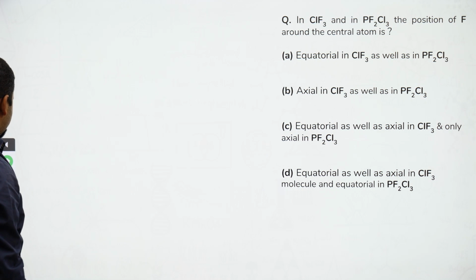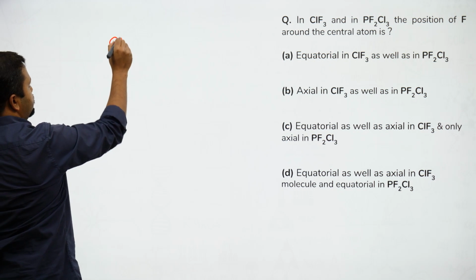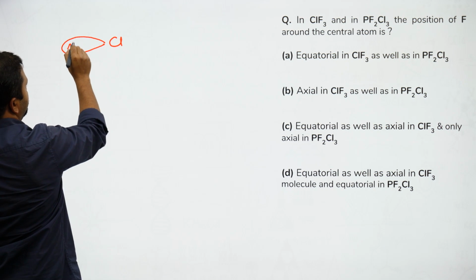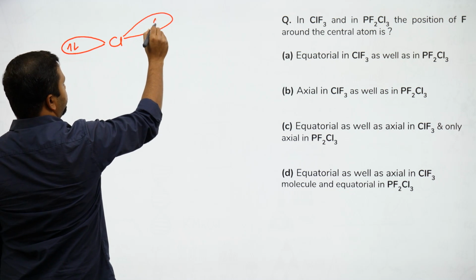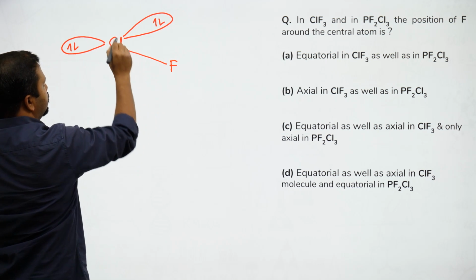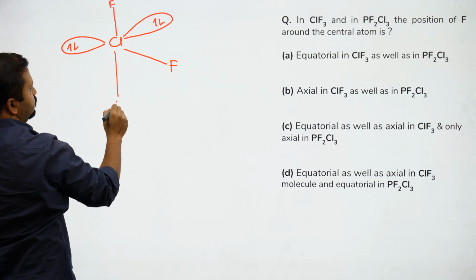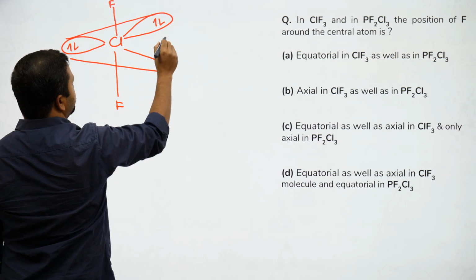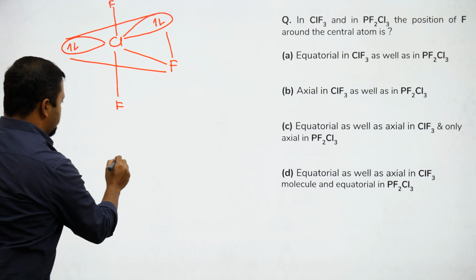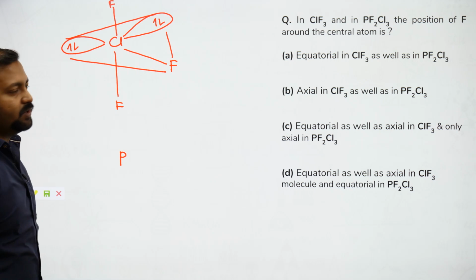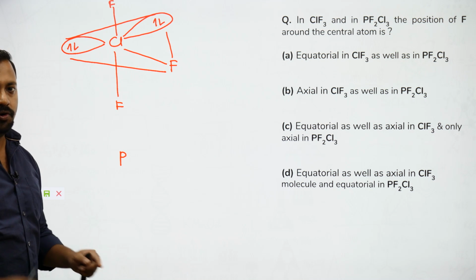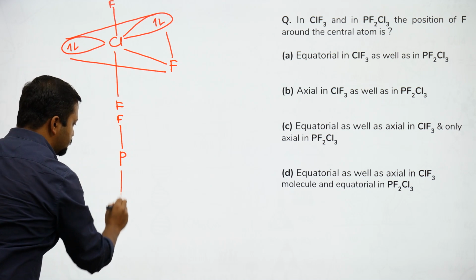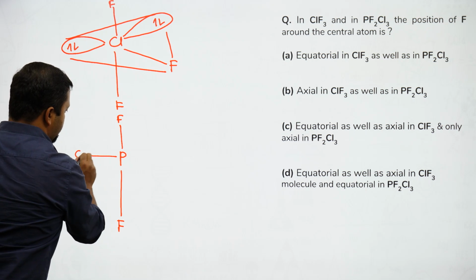Okay. So we have ClF3. दो लोन पेयर को पहले रख देते हैं, बचा एक फ्लोरीन, और यहां पे फ्लोरीन आ गया। ओके, next PF2Cl3, two atoms of different electronegativity. The one which is more electronegative will win the competition, will try to take up the axial position. And chlorine को हम यहाँ रखते हैं।